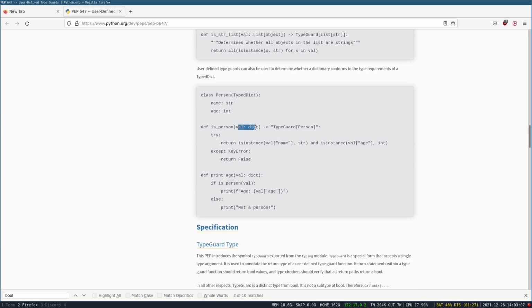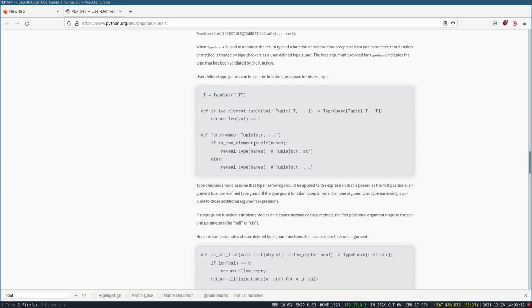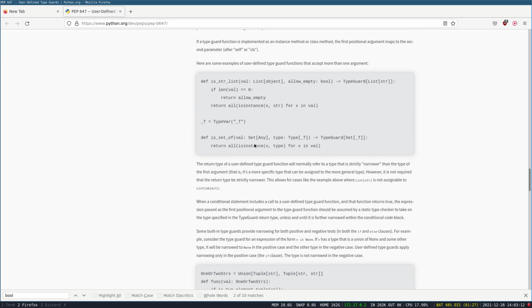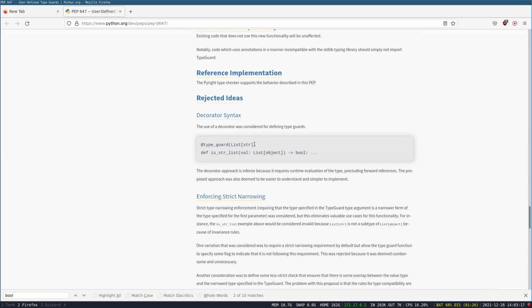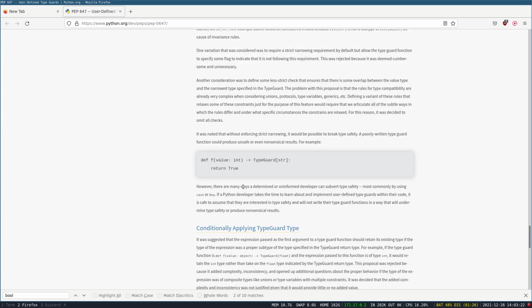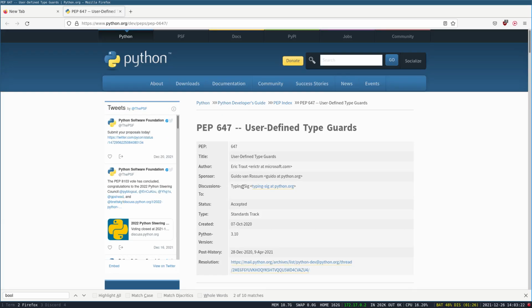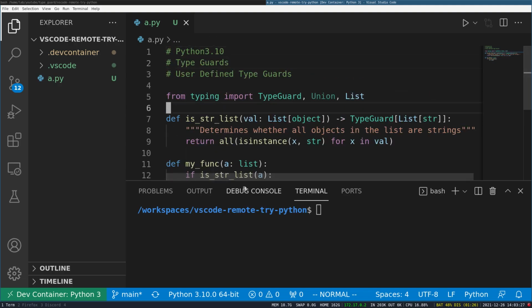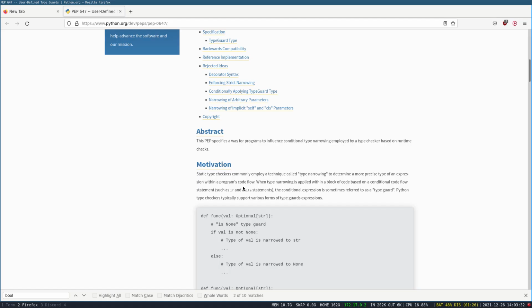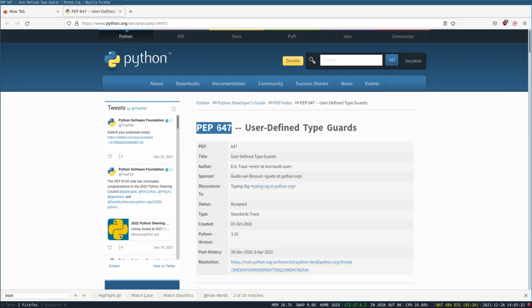So yeah, here it is converting a dictionary to TypedDict, and that is pretty much it, I think. Yeah, I will end the video here, otherwise I can read this completely. I hope that makes sense, and I will definitely encourage you to go through the PEP.